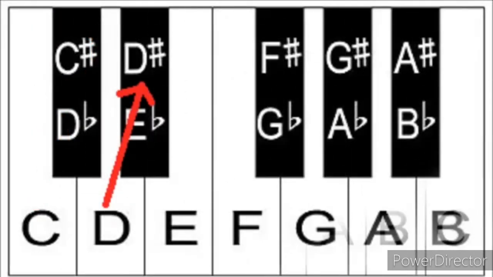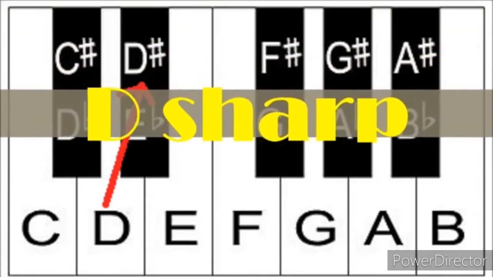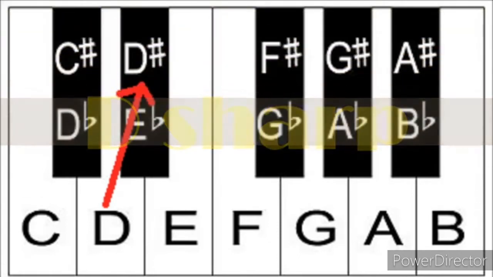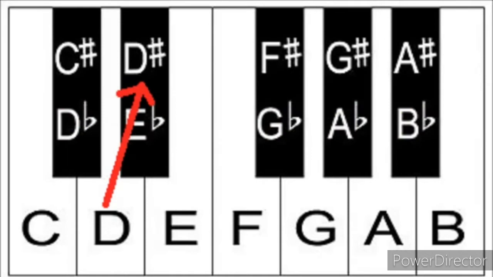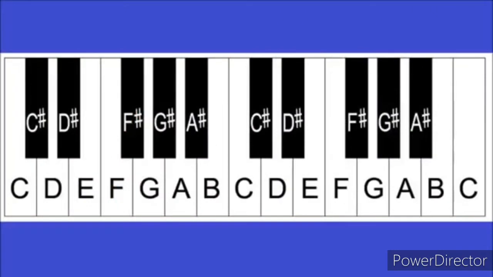Let's try another key. You already know where D is on your piano keyboard. So play the black key that is after D. That key is called D sharp. Why is it D sharp? This is because it is to the immediate right of D. In other words, it comes just after D. You can do this to find out the names of the other black keys.